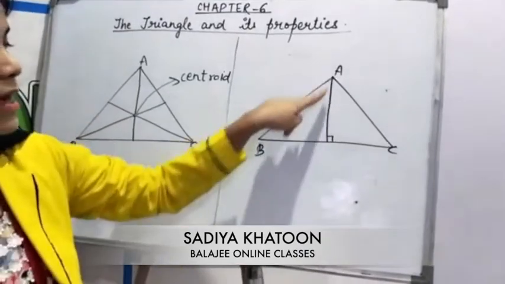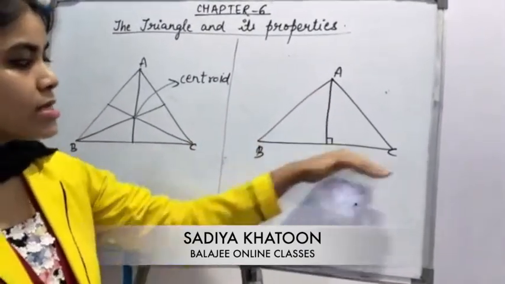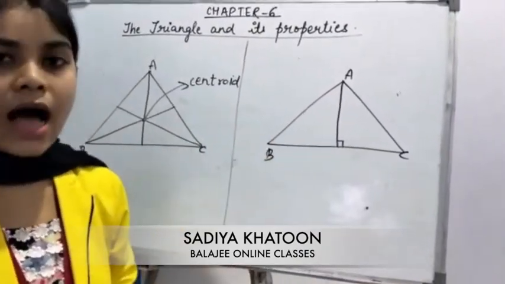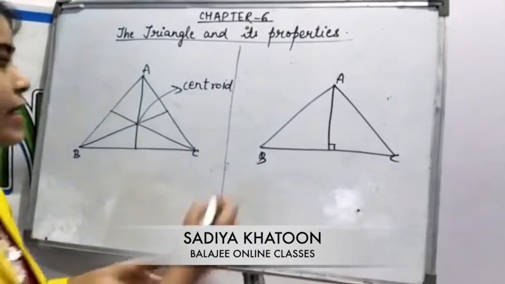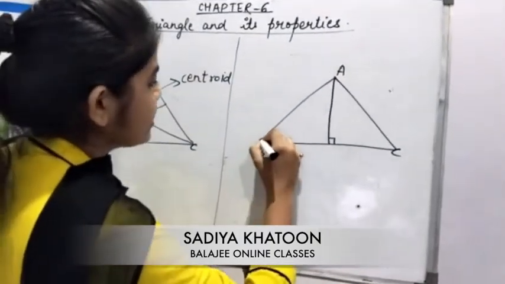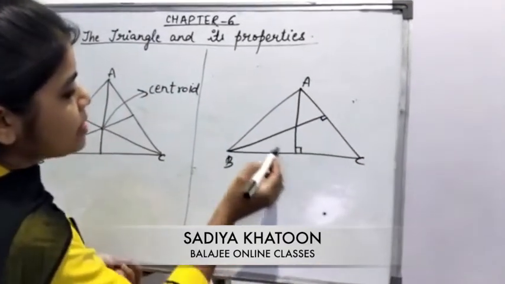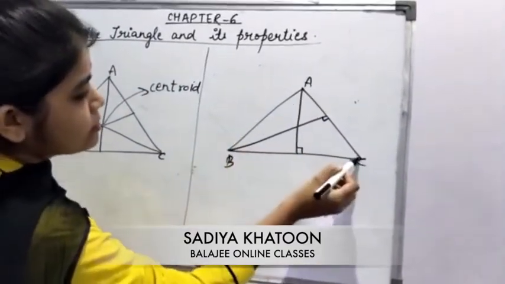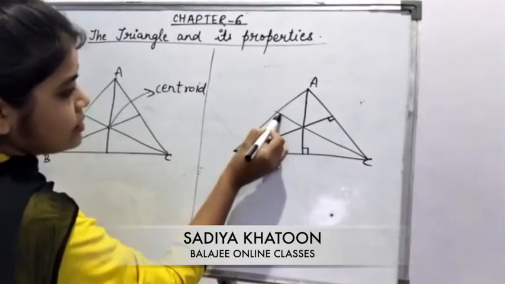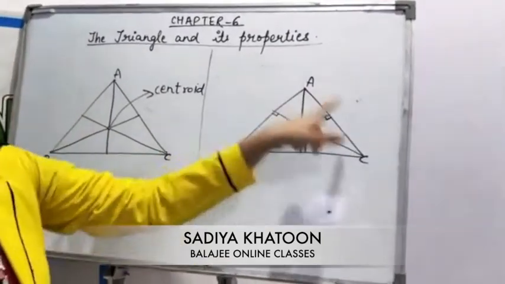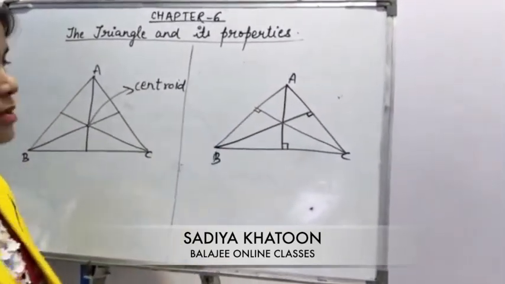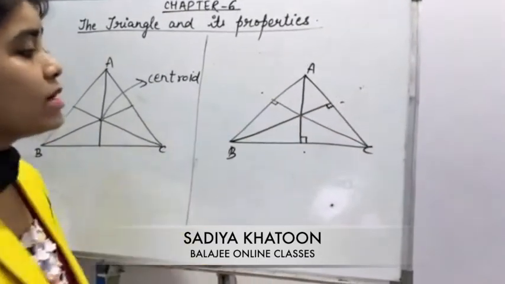Altitude मतलब एक लाइन ऐसी ड्रॉ की जाए जो ऑपोजिट साइड पर 90 डिग्री का एंगल ड्रॉ करे। ठीक है, यहां से भी मैं बना रही हूं एक 90 डिग्री का, यहां पर बन गया, और इधर से भी मैं बना रही हूं 90 डिग्रीज का, ये 90 डिग्री यहां पर बन गया। सो ये थे तीनों ऑल्टीट्यूड्स। यहाँ पर आप मार्क भी कर सकते हैं, इनकी लेबलिंग भी कर सकते हैं।